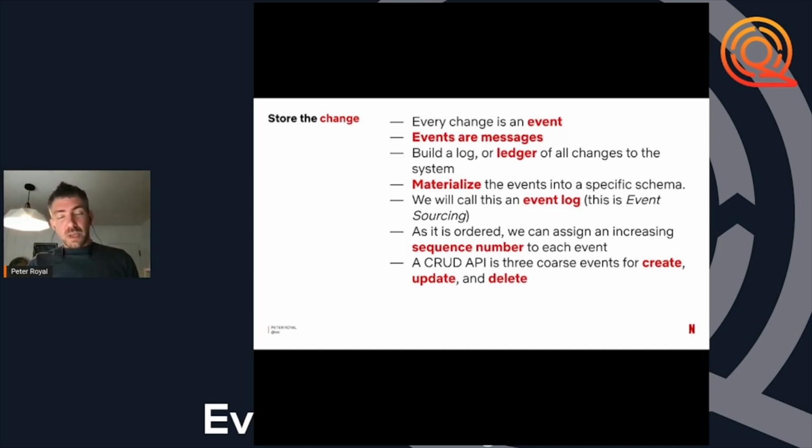When you then want to see the data, obviously looking at a list of changes doesn't work. We want to materialize those changes into a specific schema. When you look at your bank account, you see your bank transactions, and your balance is a materialization of that. And this sequence is then ordered. We can also number all the individual events as they occurred, 1, 2, 3, 4, 5, and we can use that to keep track of what each one of these changes is.